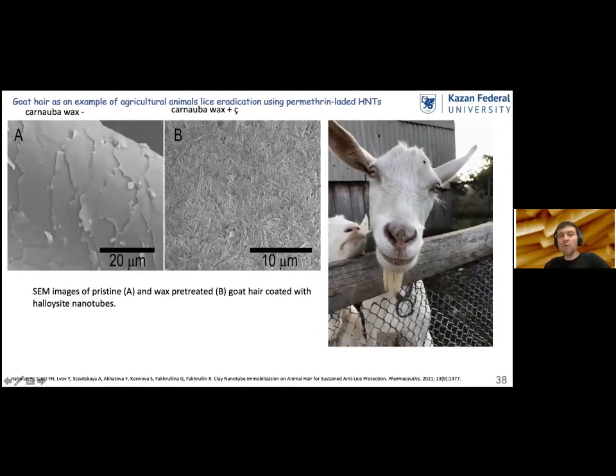And here we moved to yet another animal, which is goats, which are agricultural animals. We checked if pre-treatment of goat hair with artificial wax changes the deposition efficiency, and it does change the deposition efficiency. So if we pre-treat goat hair with wax, it will get coated with halloysite exactly in the same way